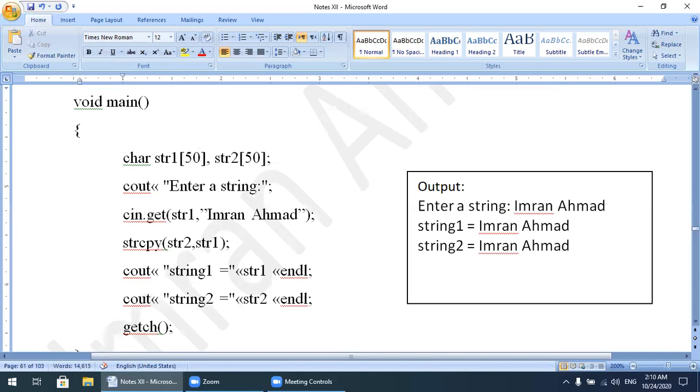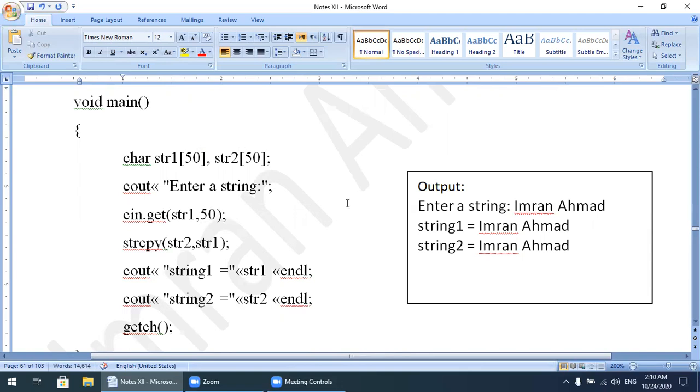This is the string, watch here, this string will be copied. 50 is the length. How many characters can we read from cin dot get? 50 characters. So up to 50 characters I can read.